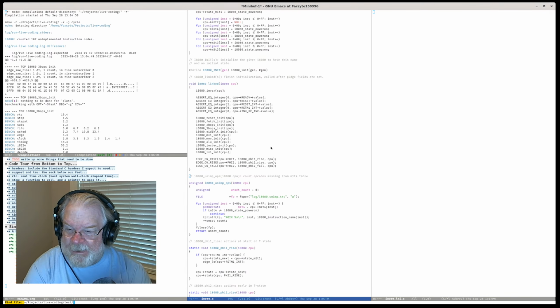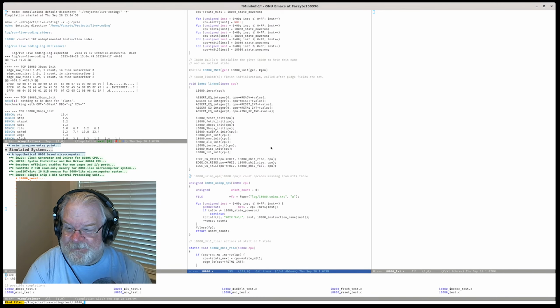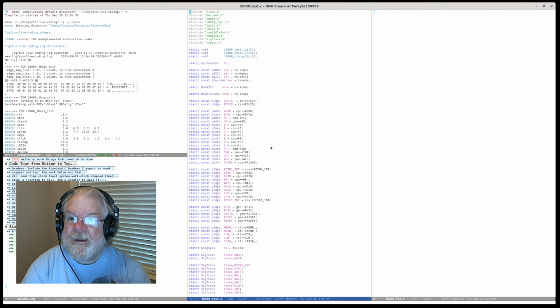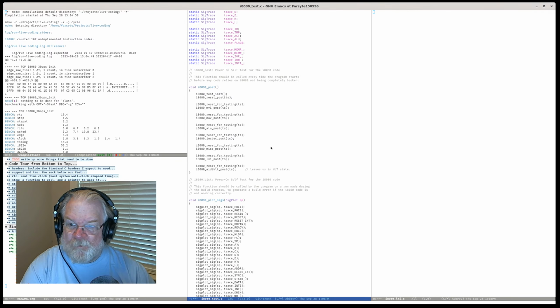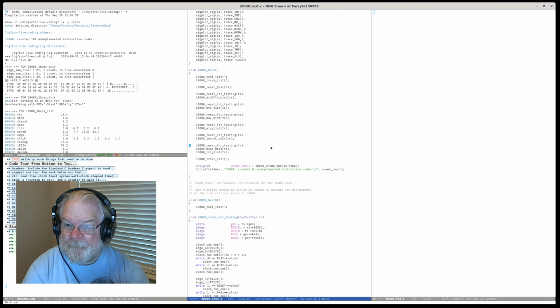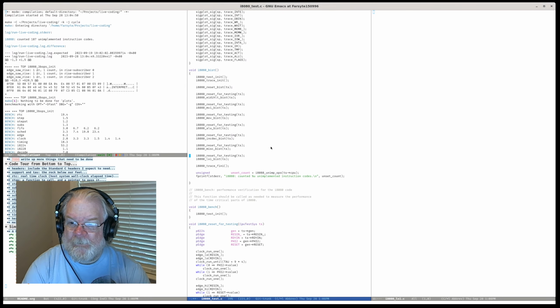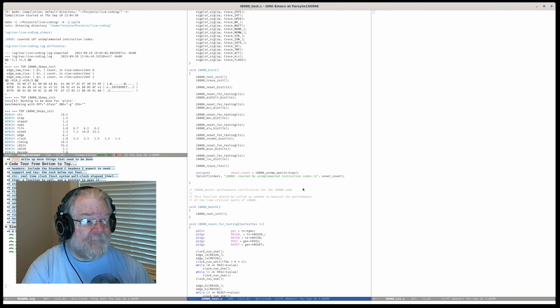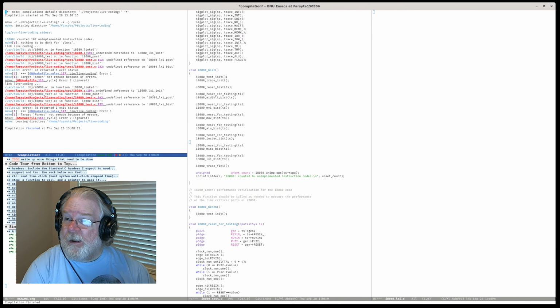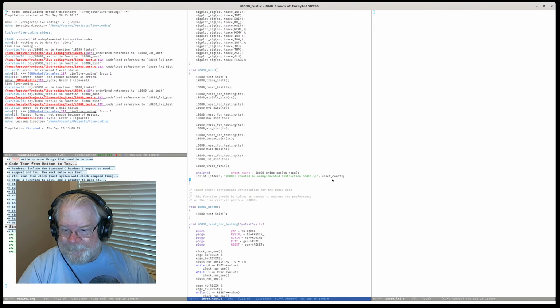We get into test, and we get into i8080 test.c, and we want to do an LXI. This is a little more complicated because we want to do more than just duplicate the one line. So now we have these calls inserted in our code, but it's not going to work because we don't have those calls quite yet.